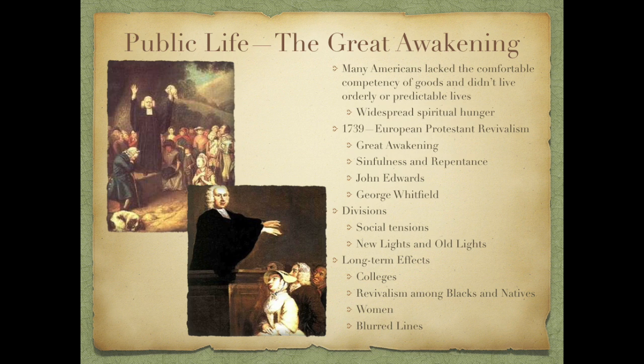George Whitefield's American tour inspired thousands to seek salvation, and most of those that were converted were young adults, usually in their 20s. Everywhere this particular gentleman visited, church membership would jump dramatically. The divisions, however, quickly developed, and these were often exacerbated by social and economic tensions. The revivalists tended to court the lower classes, and so lines began to harden between the revivalists, or the New Lights, and the rationalist clergy, traditionalist clergy, or the Old Lights.